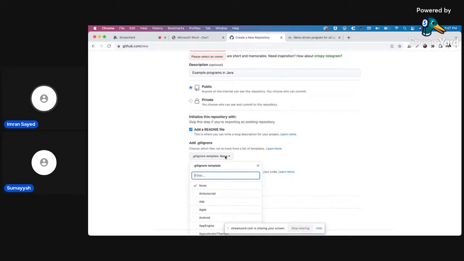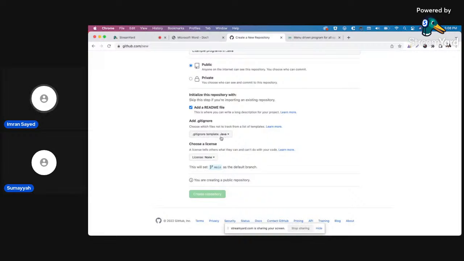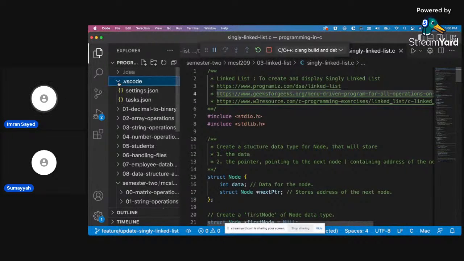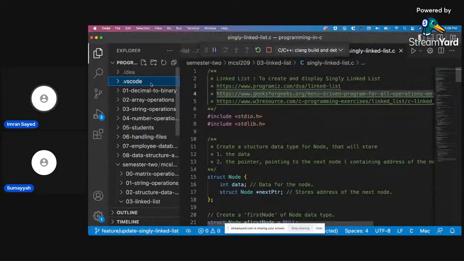Of course, we need a Git Ignore. So let's see, we should have something called Java. Git Ignore is extremely important because otherwise it'll start pushing files that you don't want. All the file names you put here are going to be ignored. You can actually ignore the whole folder also. If you're using VS Code, for example, rather than saying settings.json, tasks.json, you just directly say .vscode and it's going to ignore everything inside of this directory.